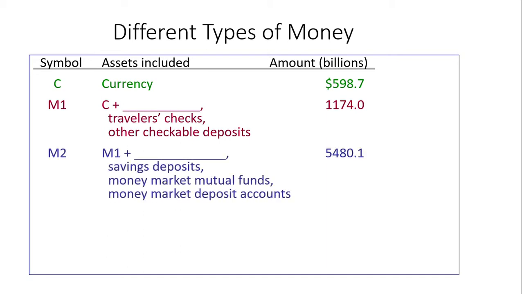But then comes M2: the money market mutual funds, the money market deposit accounts, and savings deposits. Now here I need to remind you, it's not the same ATM savings account that we have, but rather we have, for example, a 3 year recurring deposit, or a 2 to 5 year mutual fund, or we have deposit accounts, demat accounts, and so on and so forth, where within a little less than 2 to 5 years of time we can get this money in a liquid form. We call it M2. It's a little more stringent, a little less liquid in terms of money, but nevertheless